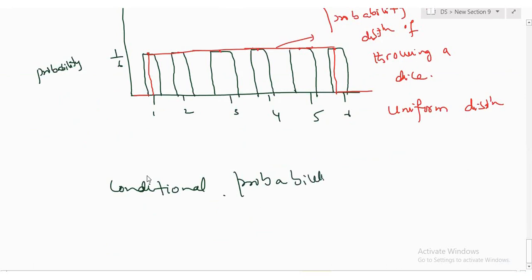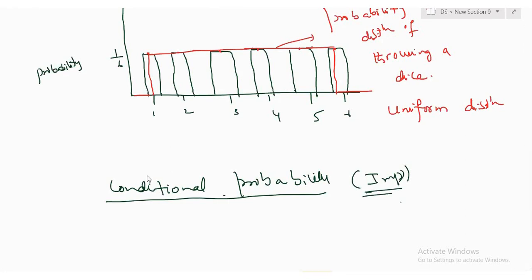Okay, conditional probability. What is this conditional probability? Very, very powerful and important. This is how your mail system is going to work. In the mail system, this is what they use, conditional probability. How that is going to be useful, let us see after that. Let us understand the concept first.